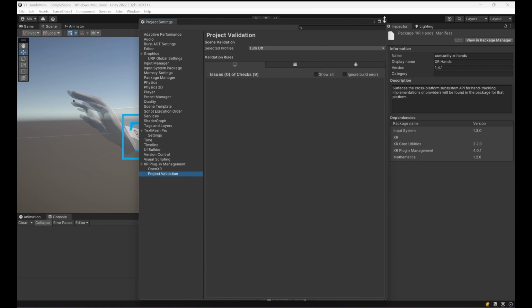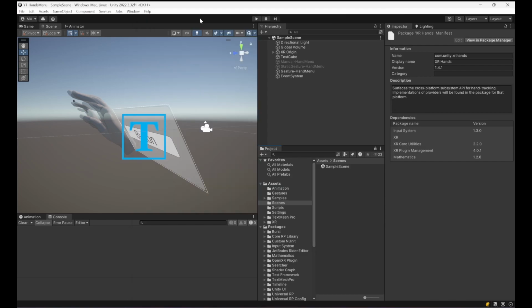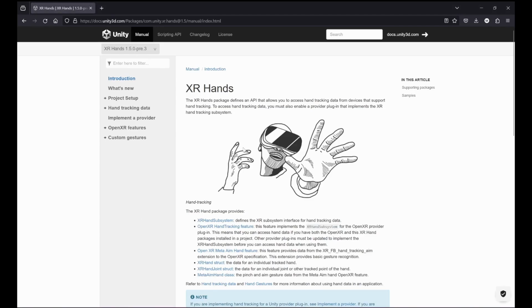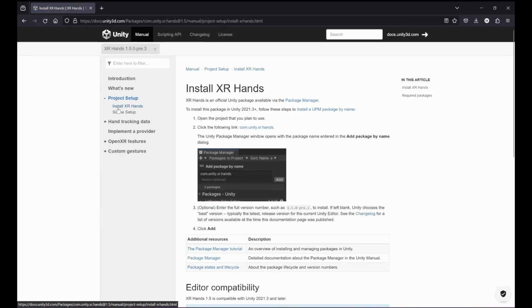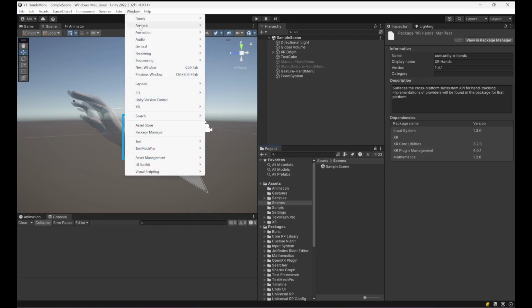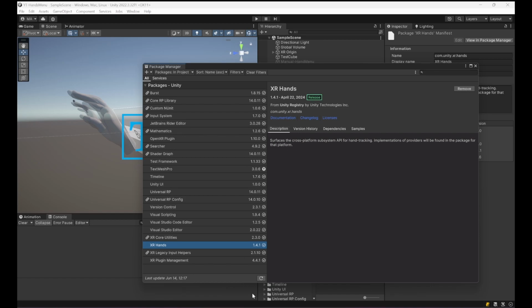And the next step is to install the XR hands package, and that is usually done by going here on the install hands menu in the documentation, click the following link, and then the package manager will open up with a package by name com.unity.xr.hands, and it will be available in the package manager and installed here. The next step is go to the samples page here, install the gestures and the hand visualizer, and that's it